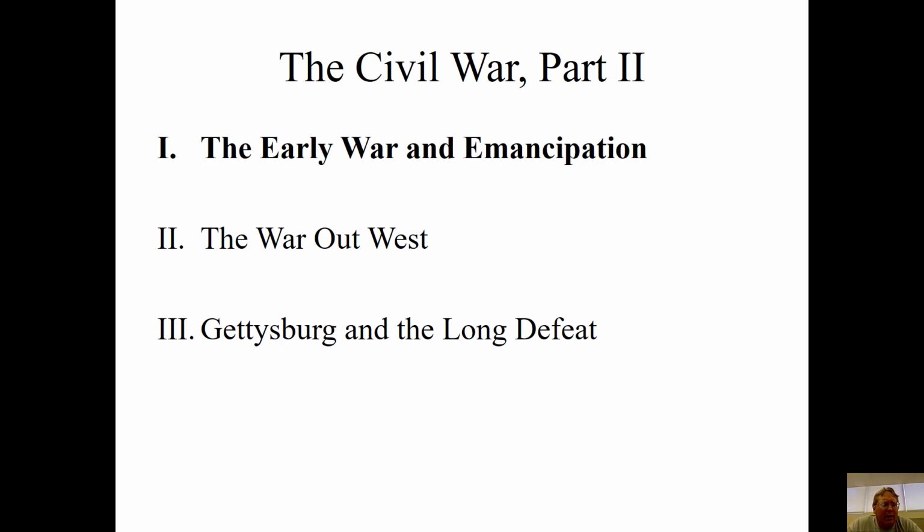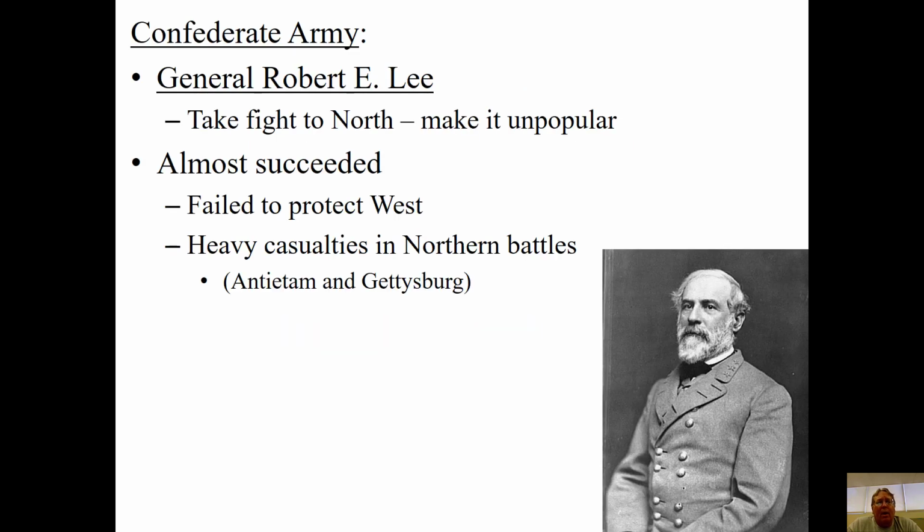So let's take our tour of what's going on in about the first year and a half of the war, and then what comes out of one of these first big battles that's known as the Battle of Antietam. All right, so before we get to that battle, we have to understand what's happening here. As I mentioned in the last lecture, as the lines are being drawn, as people are choosing sides, are you with the Confederacy, are you with the federal government? That's got to happen on an individual basis.